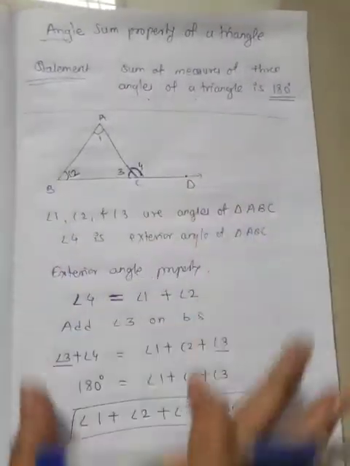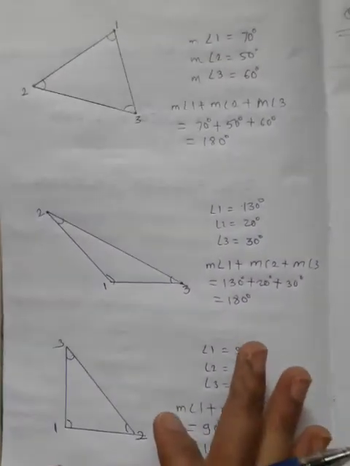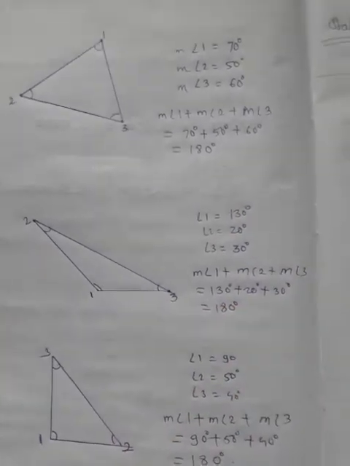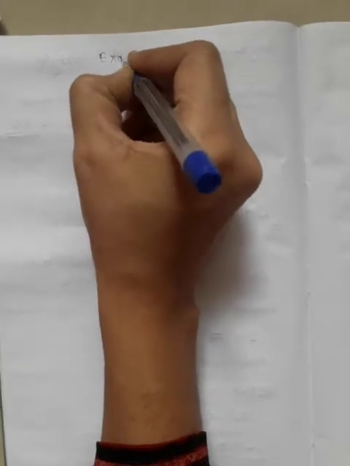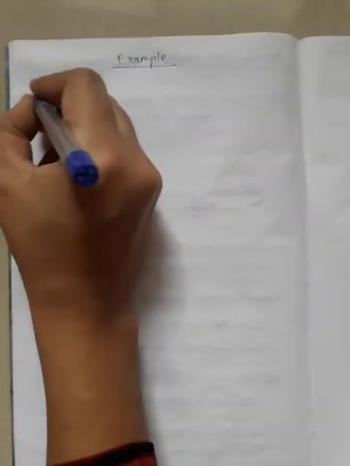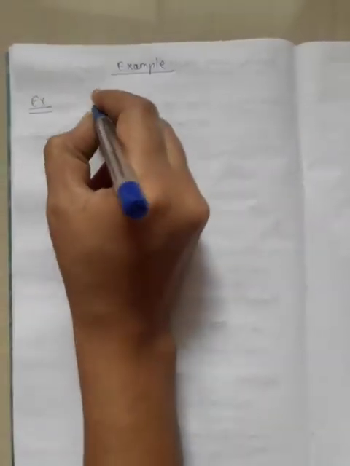Okay, so this is formal justification, and by doing this activity also you can get this result: sum of measures of angles of a triangle is 180. Okay, now let us solve examples based on this property, that is, sum of measures of angles of a triangle is 180. Now see the example, we have given the triangle